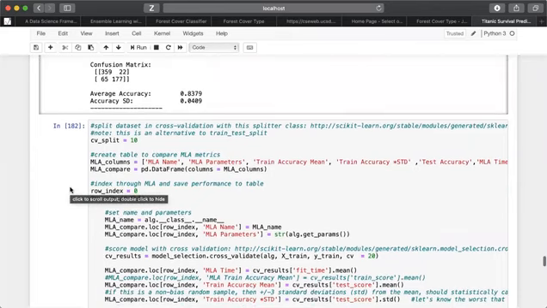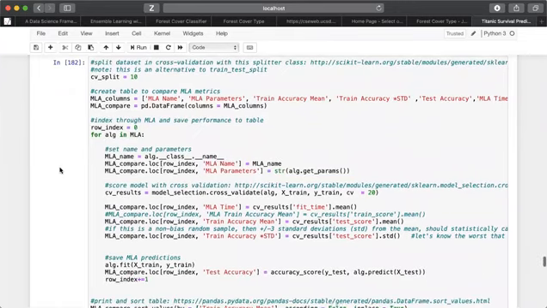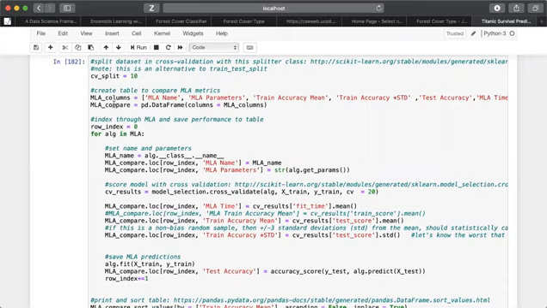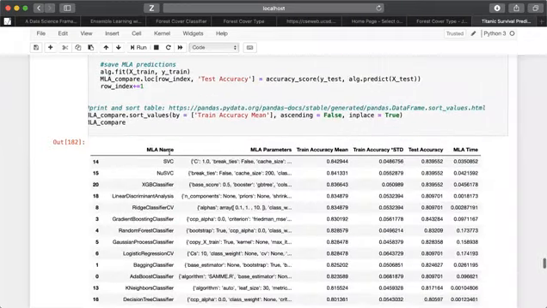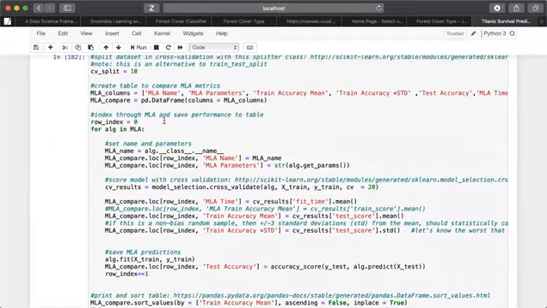For example, the CV split is equal to 10. Thereafter, I have made a new table, MLA underscore columns, with the names MLA name, MLA parameters, train accuracy mean, train accuracy STD, test accuracy, and the MLA time. And what I've done, I have made the data frame from this, and the name is MLA underscore compare, pd dot DataFrame, columns is equal to MLA columns. So this data frame has become MLA name, MLA parameters, train accuracy, test accuracy, MLA time. Thereafter, I've done row index is equal to 0